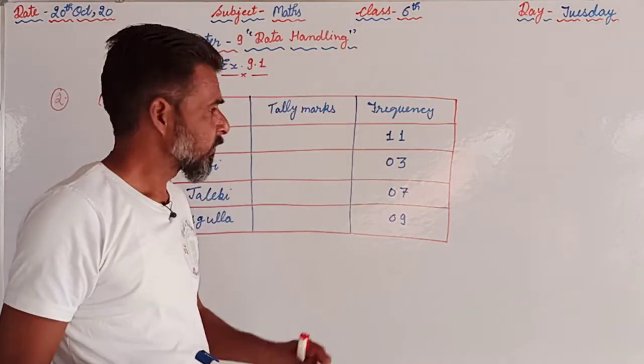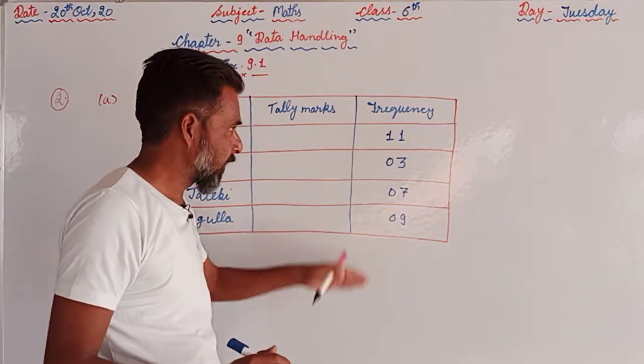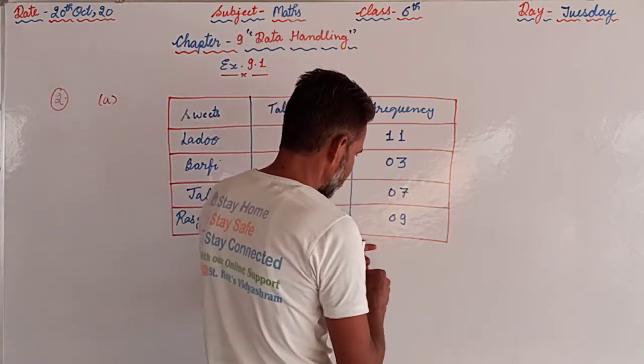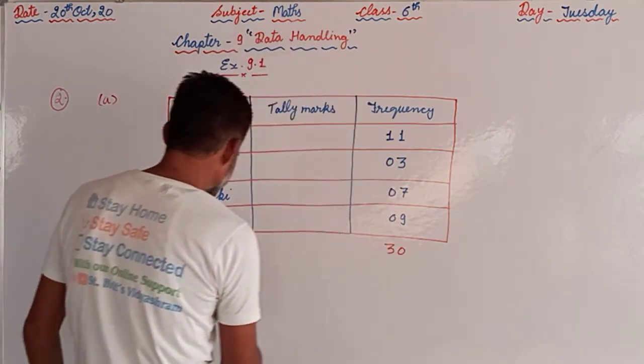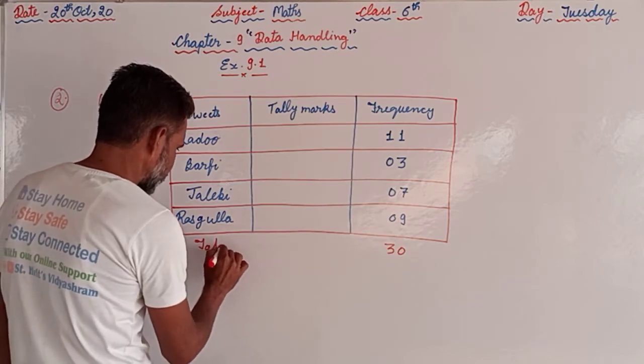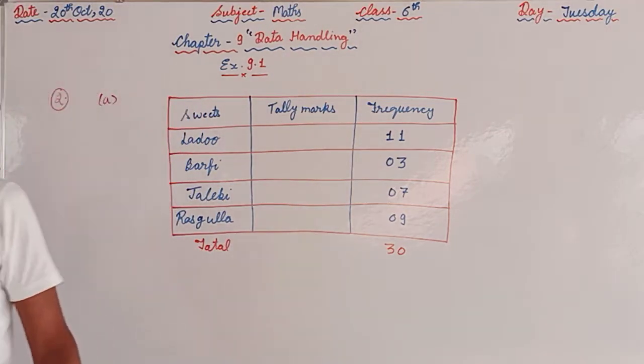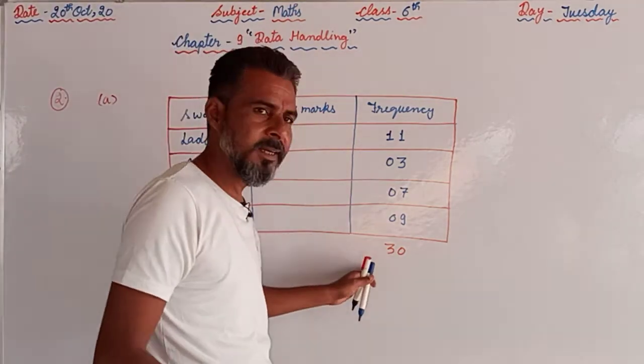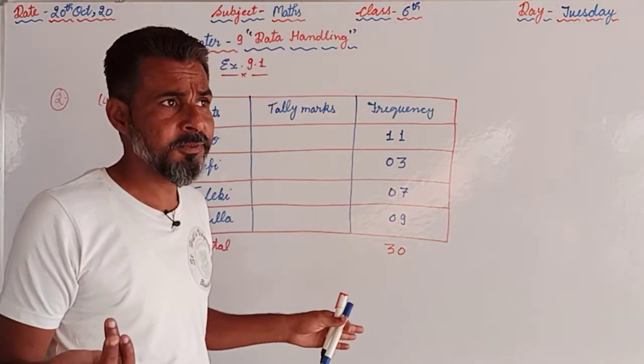As I told you yesterday, first of all we are supposed to add them all. 11 plus 9, 20, 27, 30, that is the total. Now we have to count the number of choices given here. If it is 30, then we can say okay, that is right. If it is more than 30, then we can assume that we have skipped any of the observation, and then again we have to calculate. But as we have added 30 and we have counted that the number of observations given is 30,